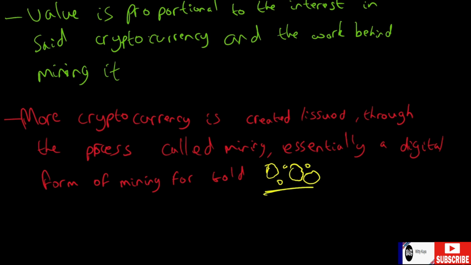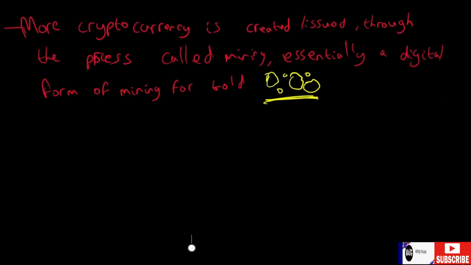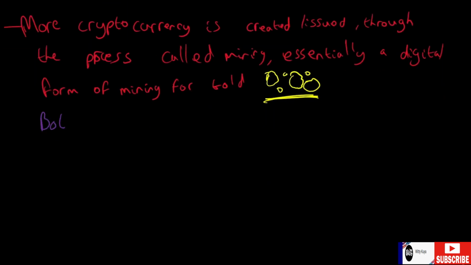So these are the gold nuggets that you would conventionally mine for. So it's essentially a digital version of that, and both of which have a finite amount, with Bitcoin